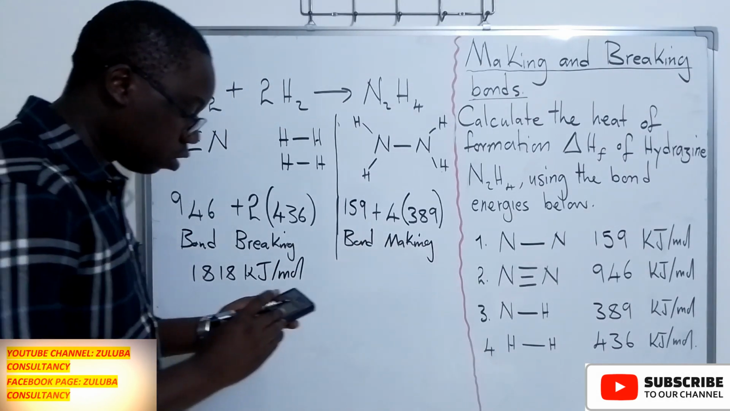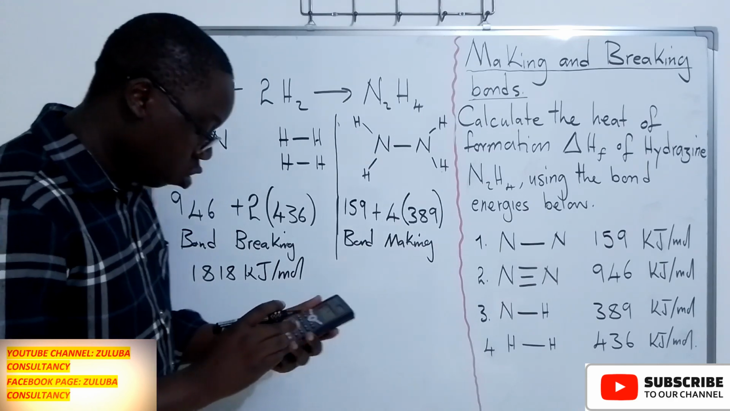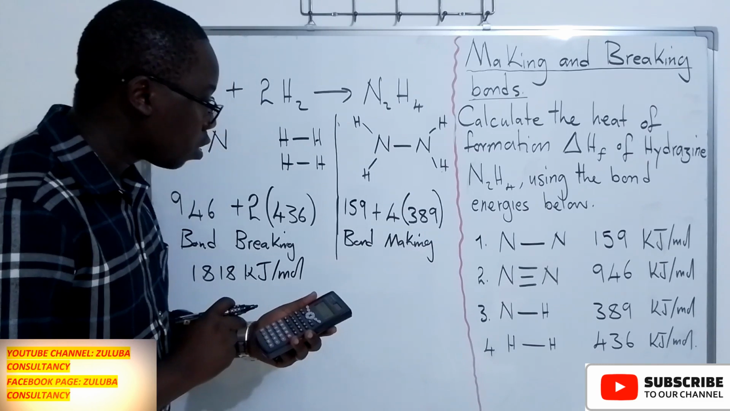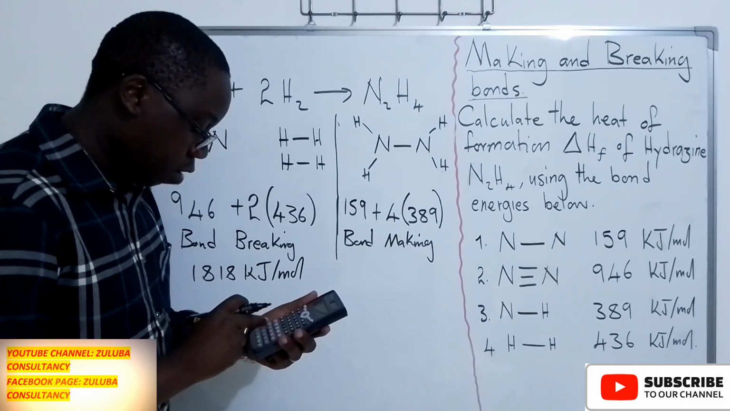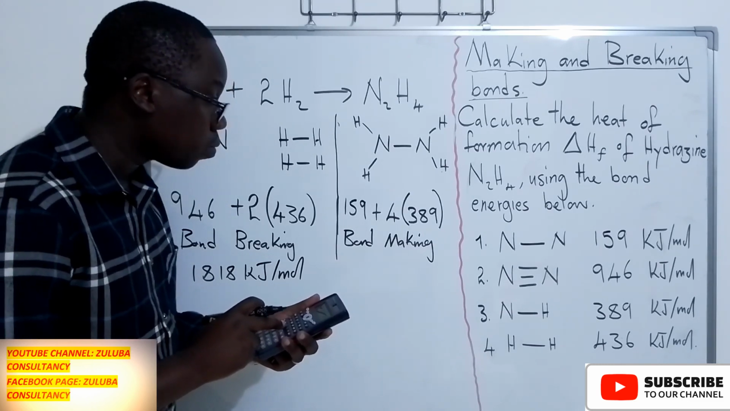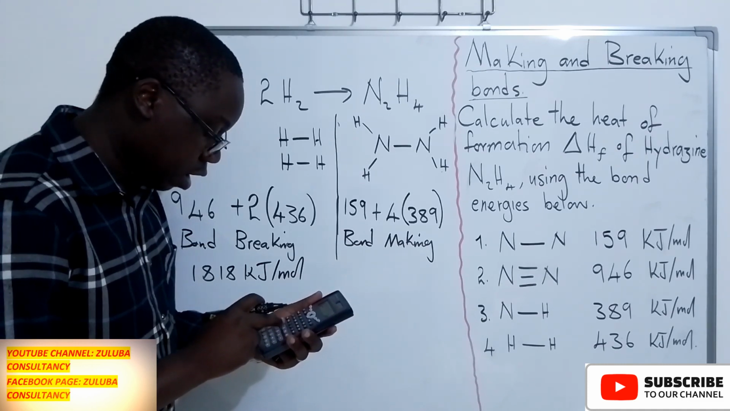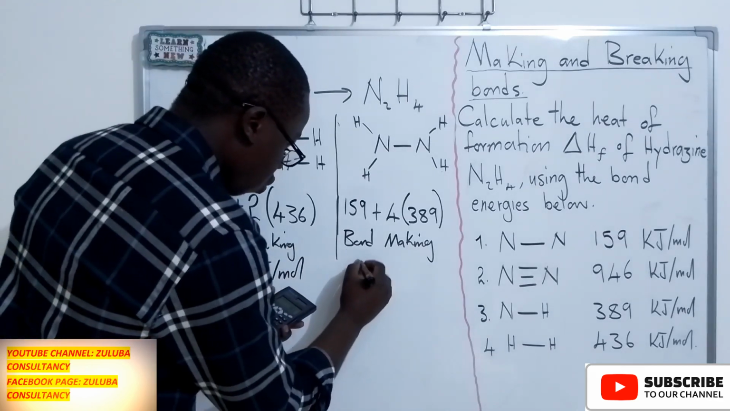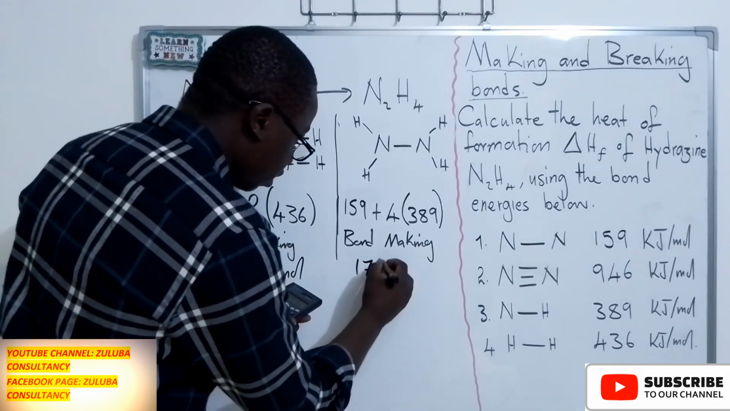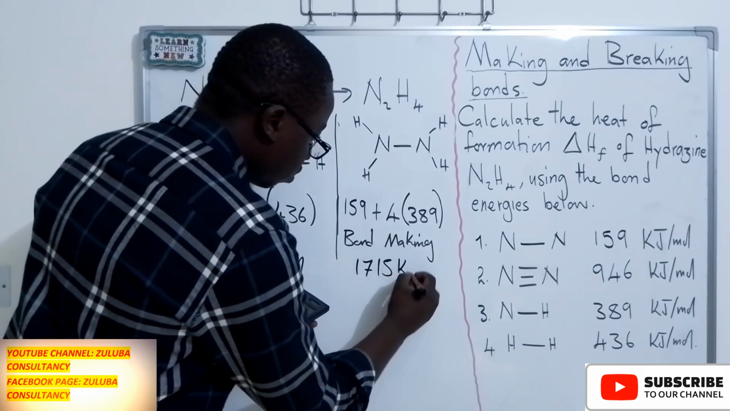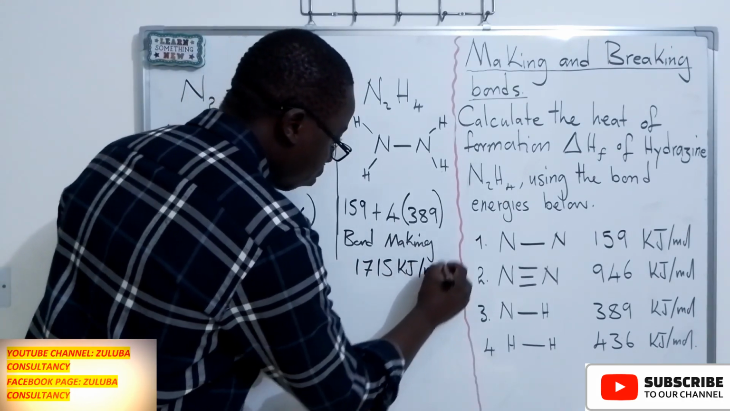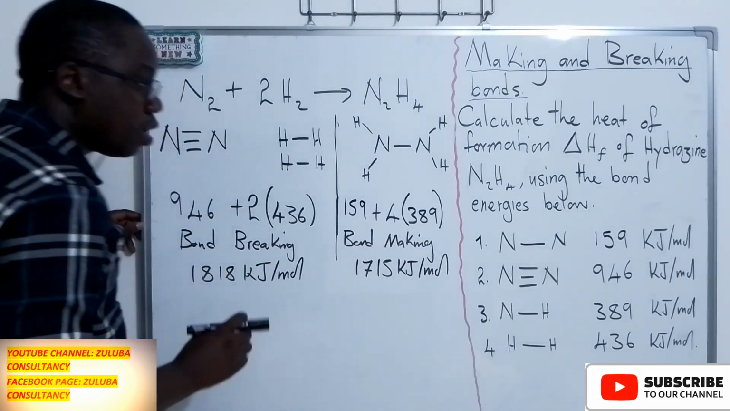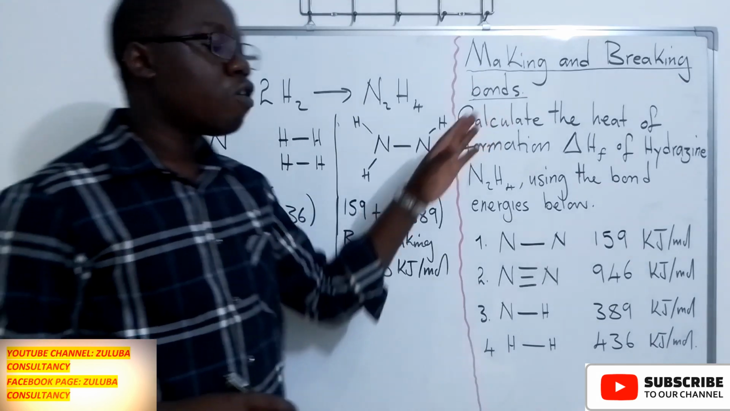Then we look at the bond making. What is the amount involved there for bond making? We have 159 plus 4 multiplied by 389. We are getting the answer of 1,715 kilojoules per mole. The difference between the bond breaking and the bond making gives us the heat of formation,